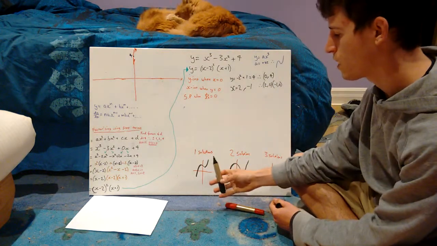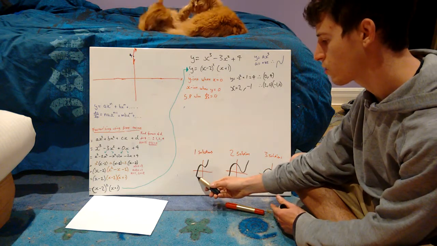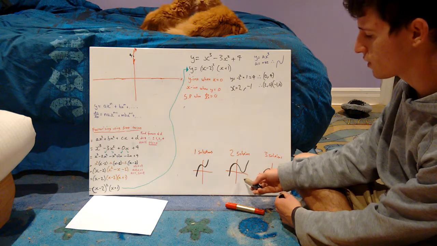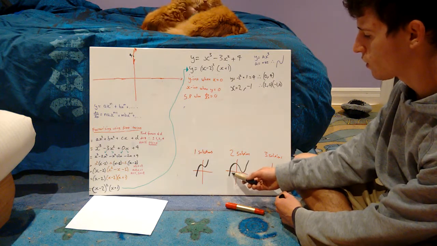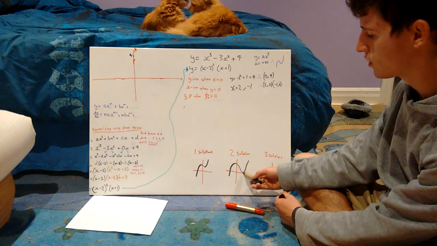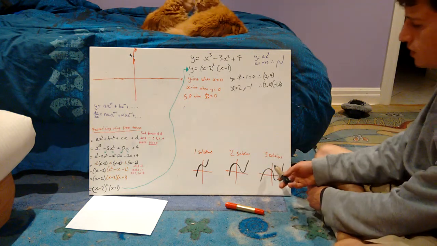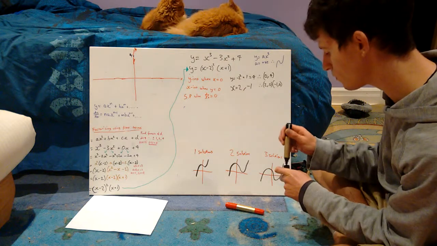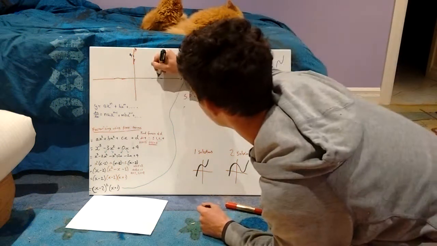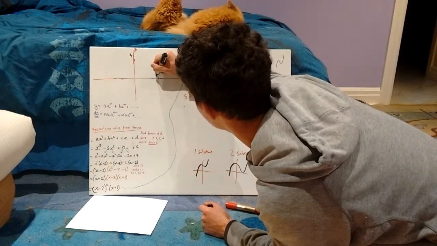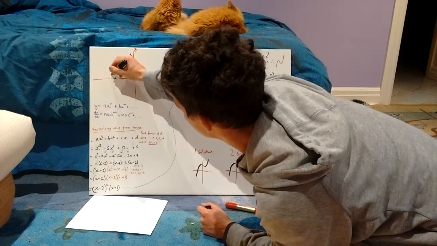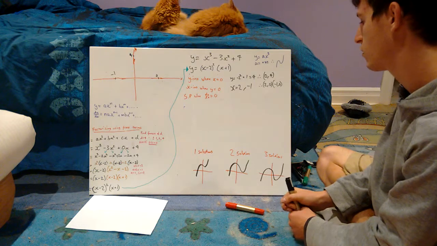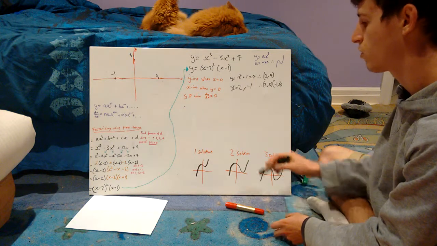If it was one solution, it would only cross through the x-axis once. It's got two solutions, so it's like this one, where one of the stationary points is on the x-axis, or you can have three solutions, which goes through the x-axis 3 times. So we'll just draw our x-intercepts on, 2 and negative 1. So now we need to find our stationary points, which we can already tell,